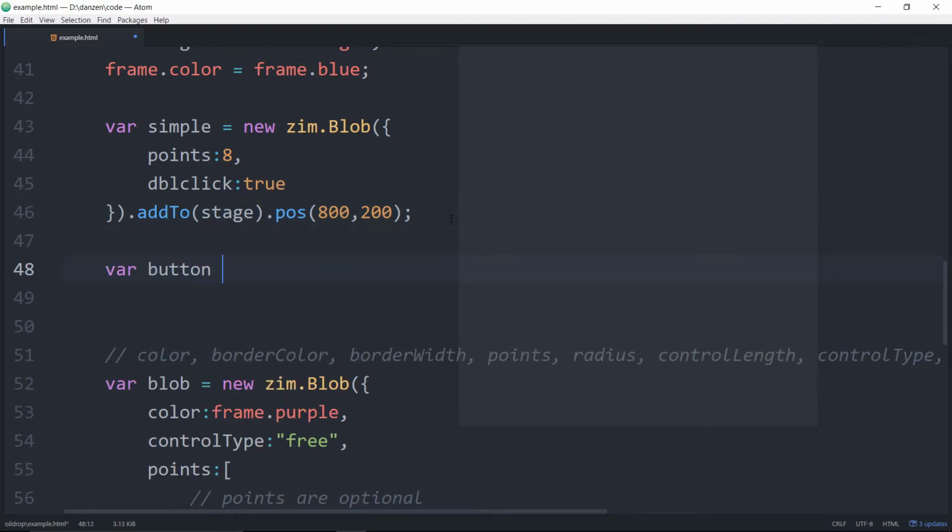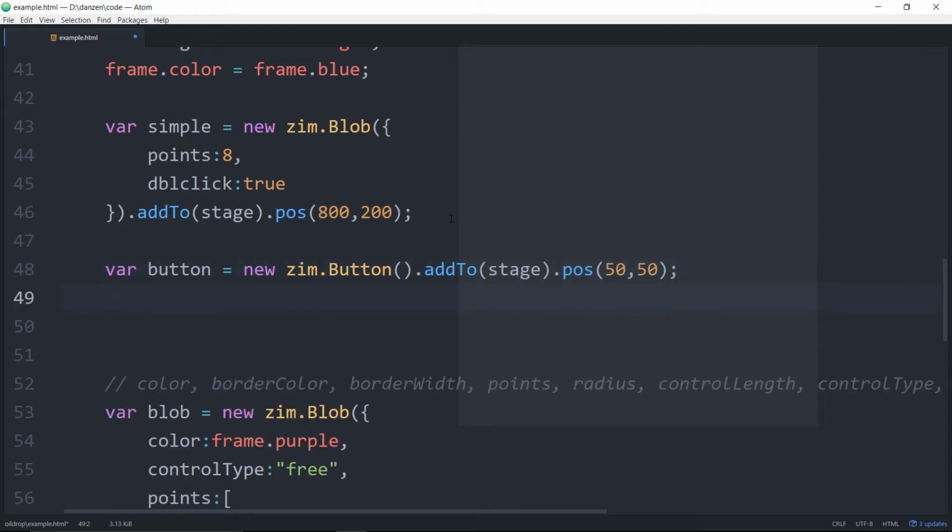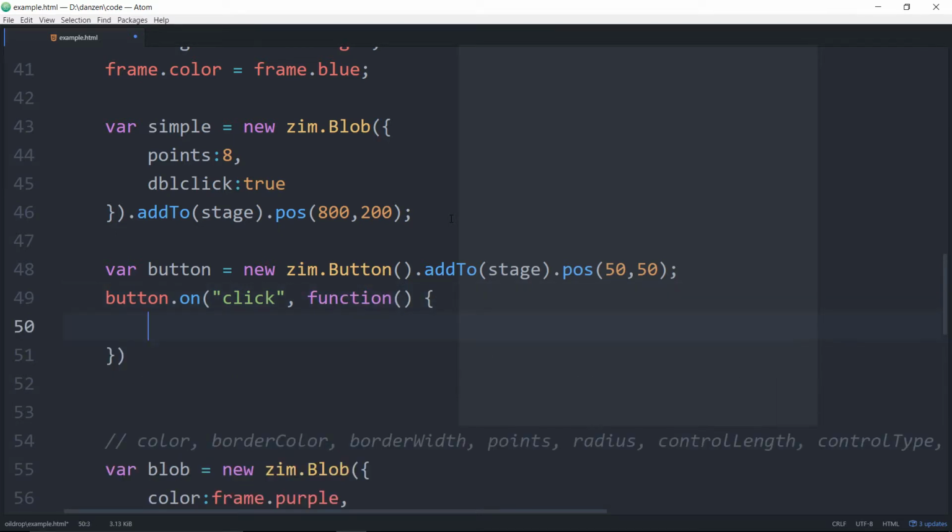Var button is equal to a new zim.button. And we will add it to the stage, position it, how about 50, 50. And then we will say button.on click, comma, we'll call this function. And in here we can say